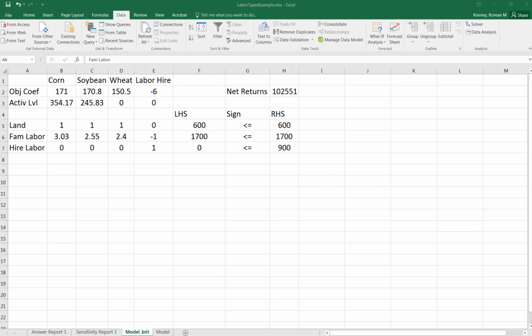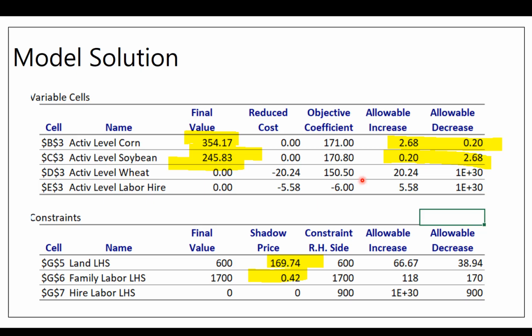So let's switch back over to the model solution. I've got just the sensitivity report up here, and the one thing we knew was that the family labor shadow price is going to be under $6, and it turns out it's way below $6. It's 42 cents. That's per hour, right? So this is the final value, the right-hand side, a binding constraint, and we're getting 42 cents for that last unit. And that is not just for the last one of the 1,700, but for the 170 units before that. So that's 170 units earning about 40 cents on the dollar. So, $70